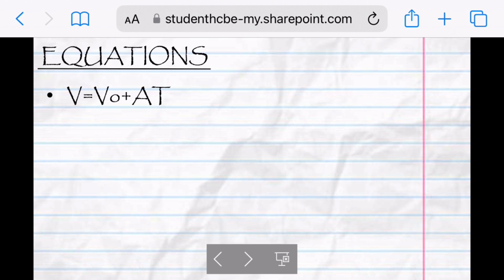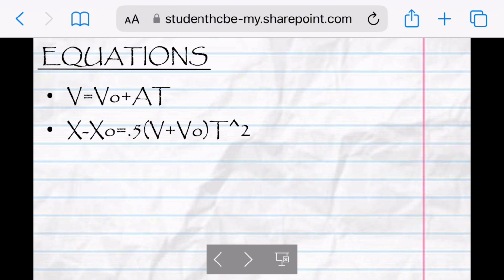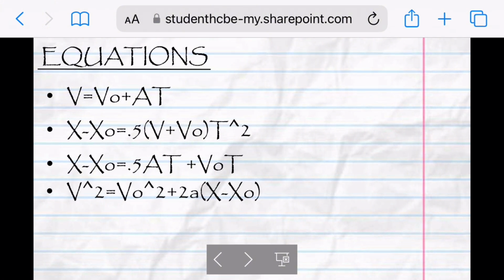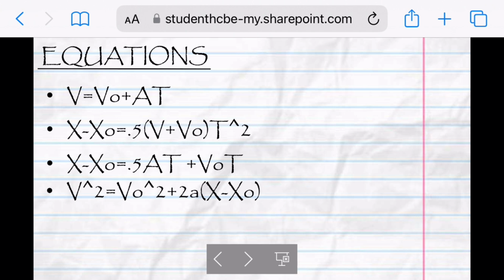Velocity is equal to the initial velocity plus acceleration times time. Distance subtracted by initial distance is equal to half of velocity plus initial velocity times time squared. Distance minus initial distance is equal to half of acceleration times time plus the initial velocity times time. And finally, velocity squared is equal to the initial velocity squared plus 2 times acceleration times distance minus the initial